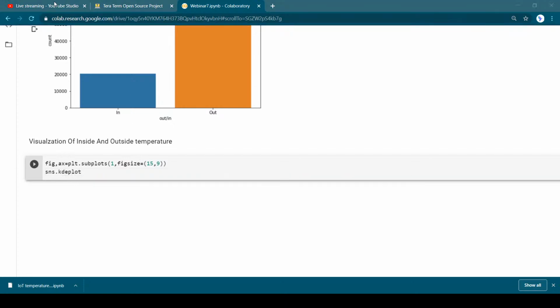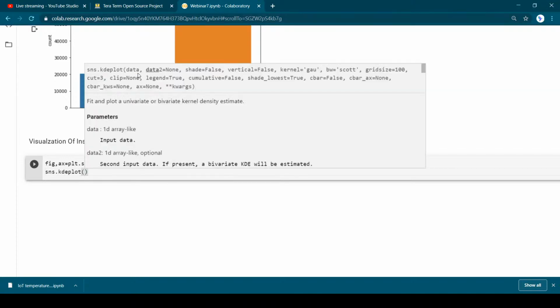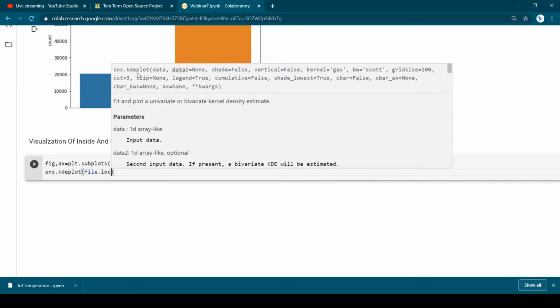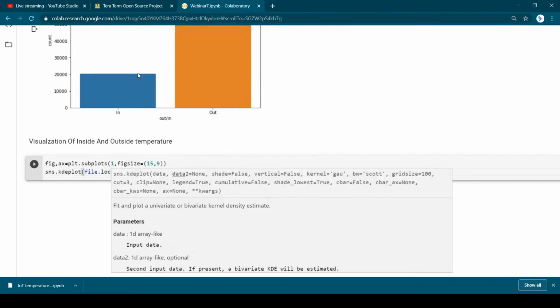So now you may ask me what is KDE. It is kernel density estimate, which is used for visualizing the probability density of a continuous variable, and it belongs to the seaborn library. KDE plot, and then open a bracket, write the file name from which file you want to get the data, and then loc, that is indexing it,